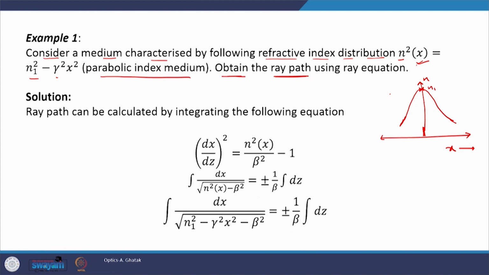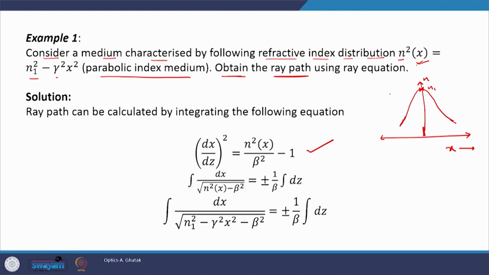Then how to do this? We will first start with the ray equation itself. This is the ray equation, given here with this expression. Now we want to find the ray path. To find the ray path, we will of course have to integrate this ray equation. Therefore, integration is performed here. It is a first order differential equation, therefore we will have to integrate it only once